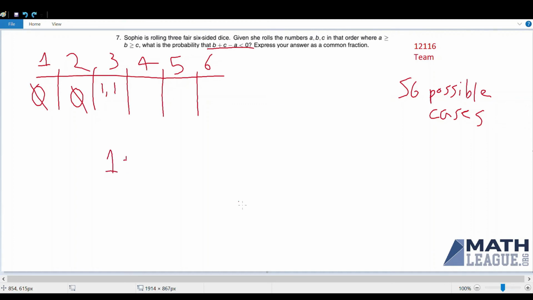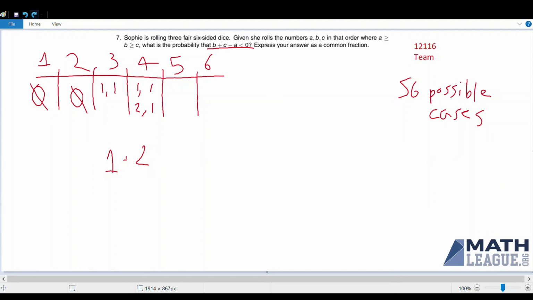If A is 4, then the case where both B and C are equal to 1 still satisfies this inequality, and the case where B is equal to 2 and C is equal to 1 also satisfies this inequality, for a total of 2 cases. Like in the casework we did earlier to find 56, the values of B and C that worked for the previous case still work, because if B plus C minus A is negative, it's going to stay negative if A gets larger. So all the previous cases still work, and any cases where B and C sum up to exactly 1 less than A also work.